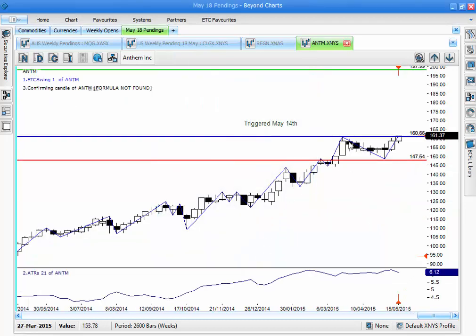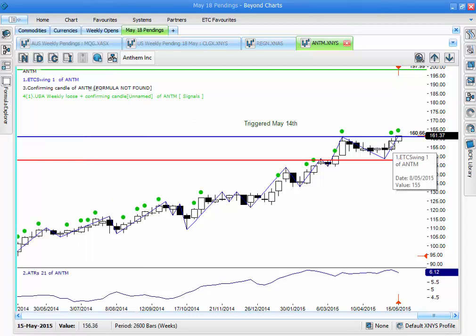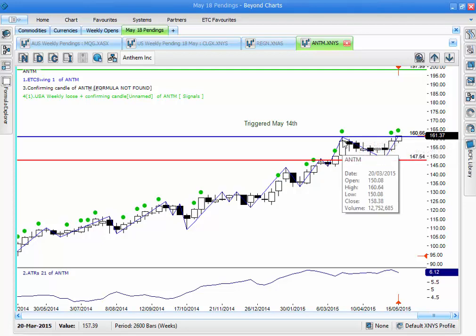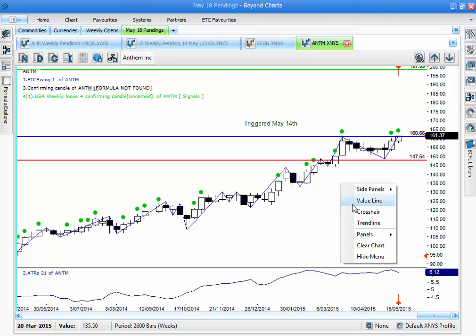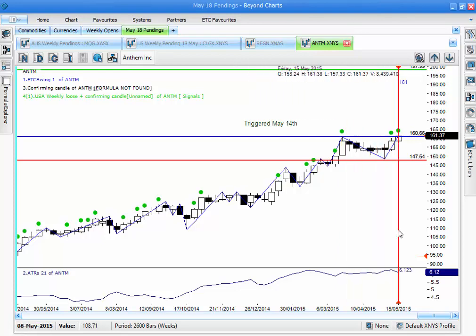Yep, so this is one that we were looking at last week, so let's put on the scan and see what it would have done for last week. So last week, there's our confirming candle. So on the basis of that, we had an on-stop order above that, and this did actually trigger. So the on-stop order there, 160.66, and last week breaking that level,